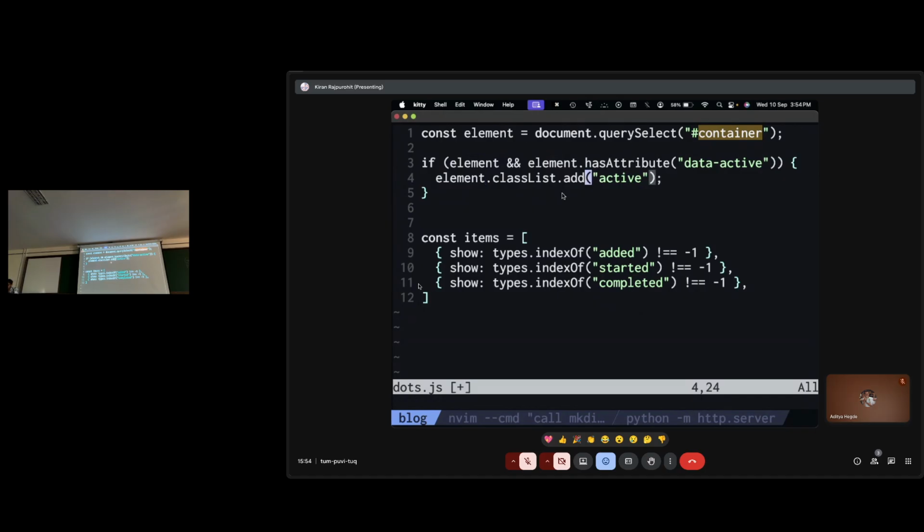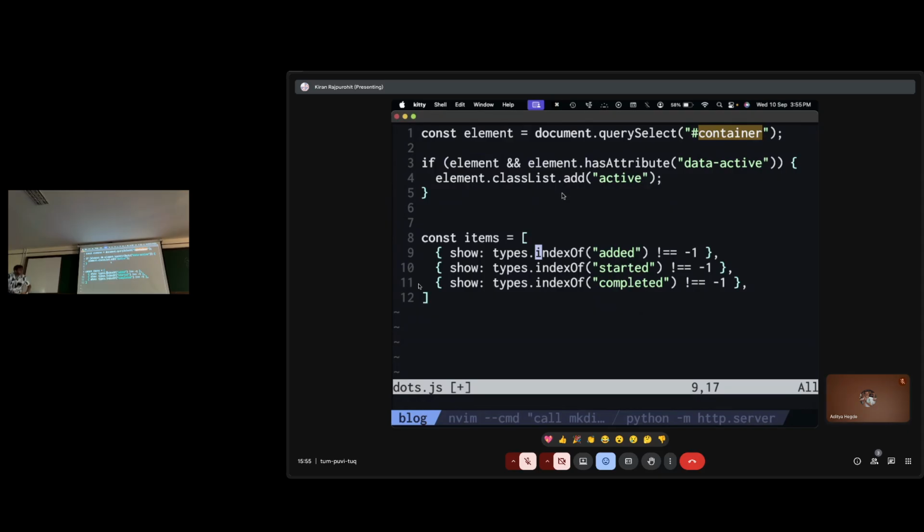Below here I have types dot indexOf equals minus 1. This is saying that the variable types does not contain the words added, started, and continued. So how do you do this?